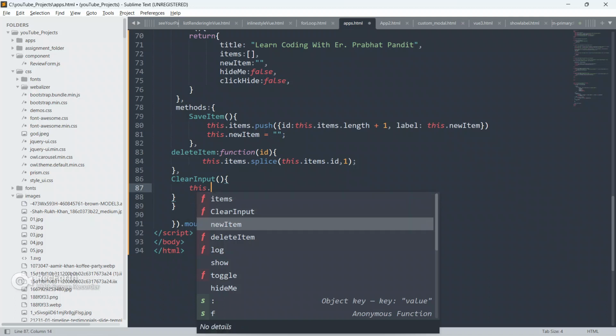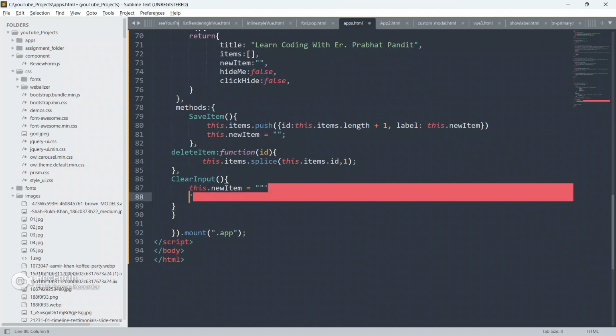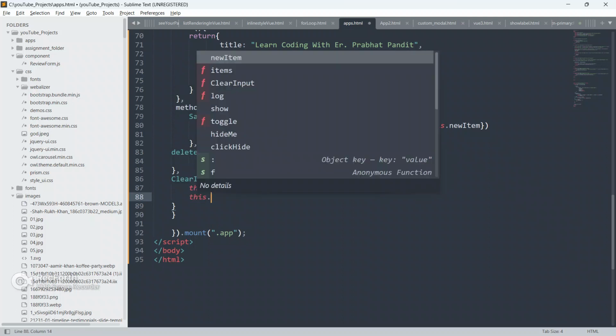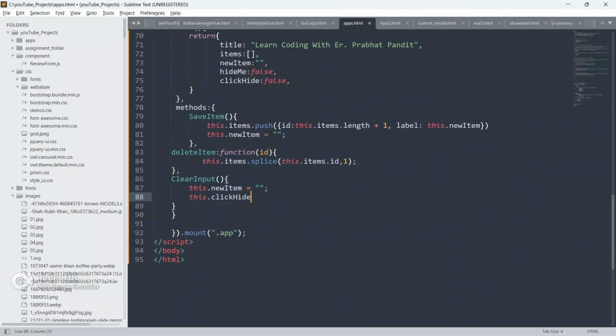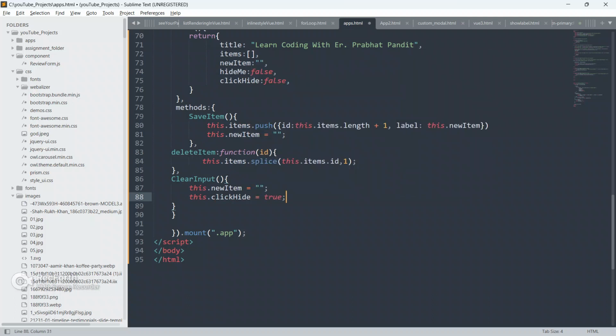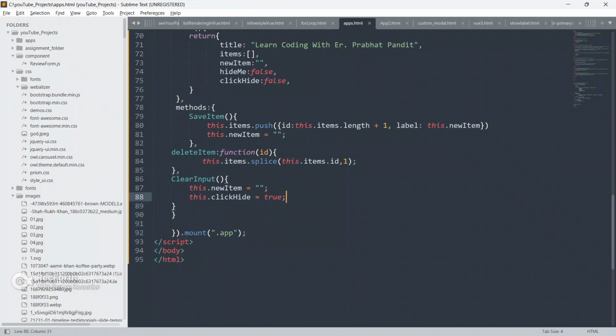Now we will define this dot new item equal to empty string, and we will also do this dot click hide equal to true. Okay, so now save your code, go to the browser and refresh your page.